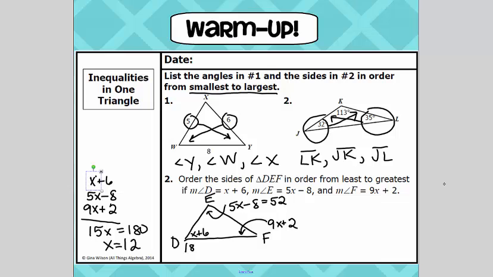And 9 times 12, which is 108, plus 2 is 104. They want the sides from least to greatest, so I'm going to start with the smallest angle, which is